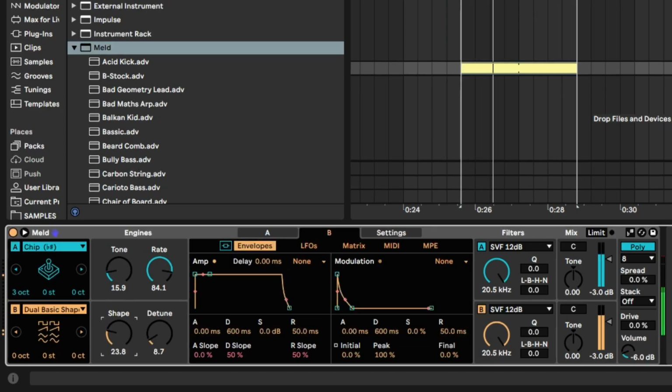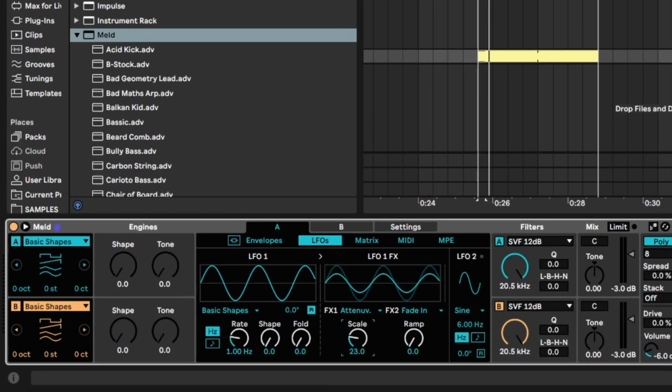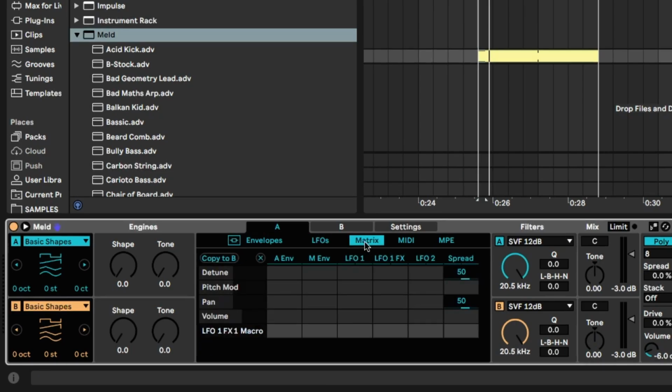You can use more than one oscillator at the same time to generate richer tones. A great thing about this synth is the LFO effect. We can make more complex shapes to modulate any parameter on the synth. In this case, I'm gonna modulate the overall pitch of the oscillators.